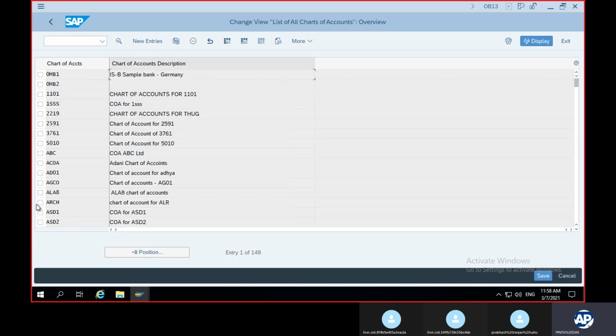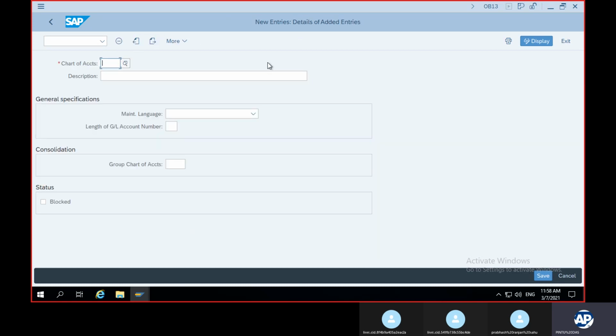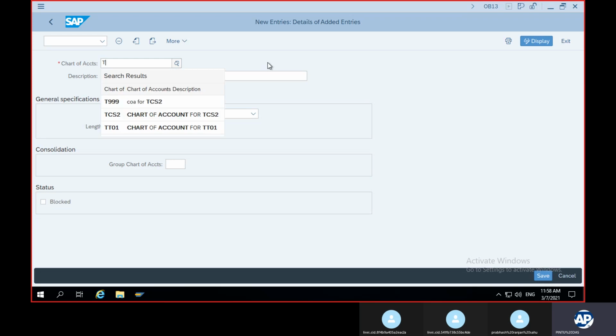Right. The first is the option for chart of accounts. A lot of chart of accounts have been created. You can select any, copy, and change according to your name. But here I'll show you how to click on new entries. First two letters of your company code, and for chart of accounts you can select TACA.